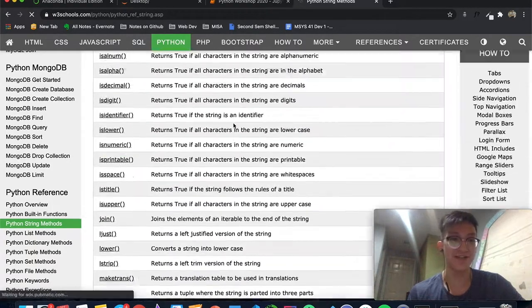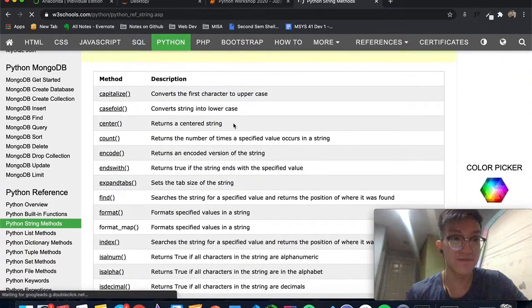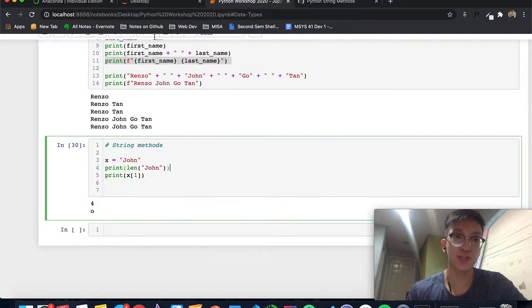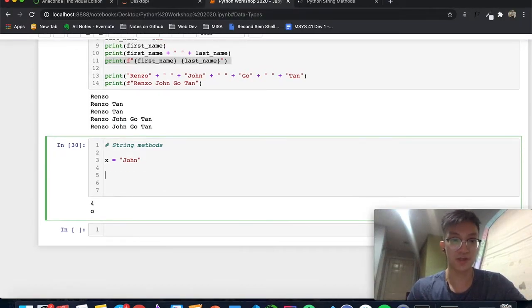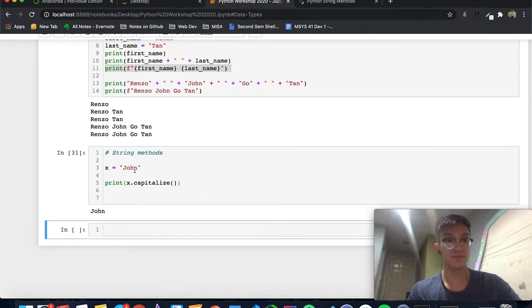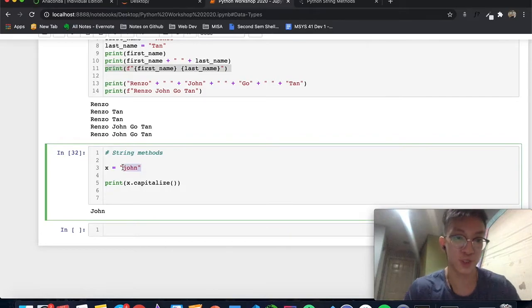So for example here, we also have capitalize. Converts the first character to an uppercase. So let's try that. Let's remove the prints. So we can do x dot capitalize. Oops, did I spell it right? Capitalize. Okay. Then let's print it. Oops, let's put this in lowercase. There. As you can see, John is in lowercase, but if we put capitalize, it's going to convert the first